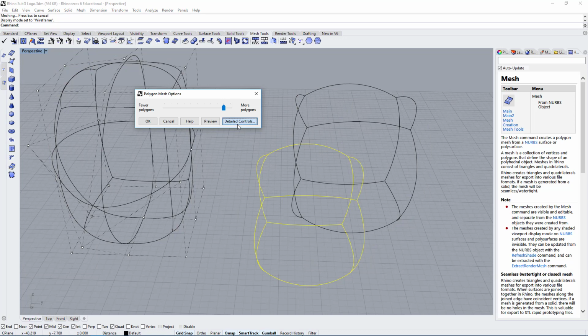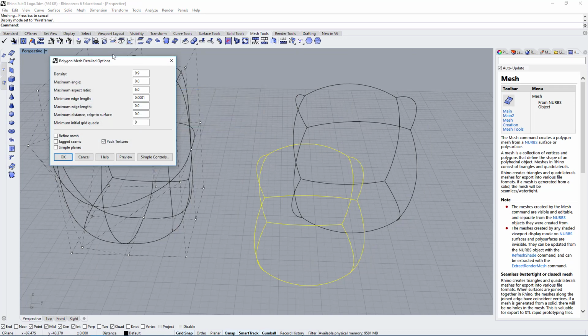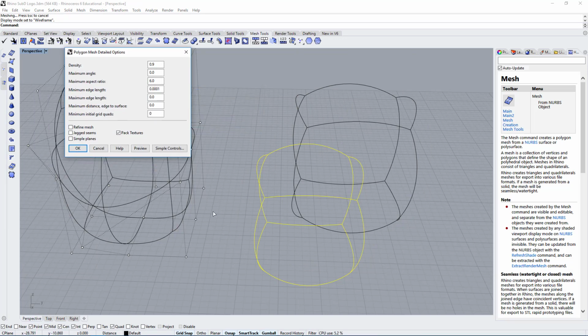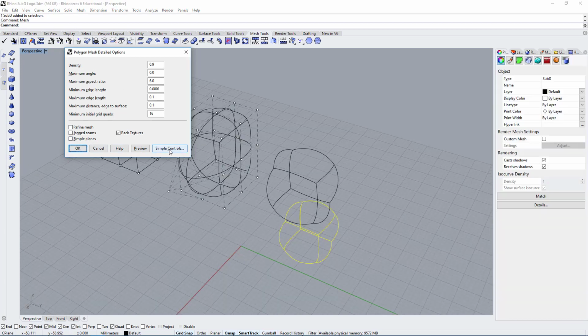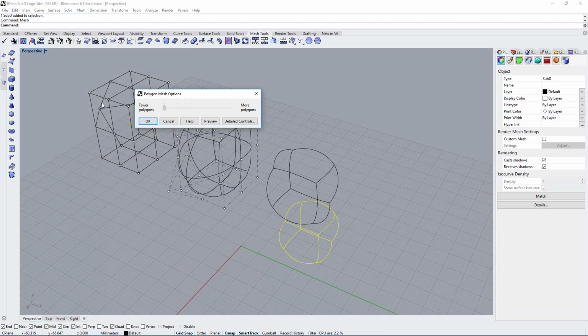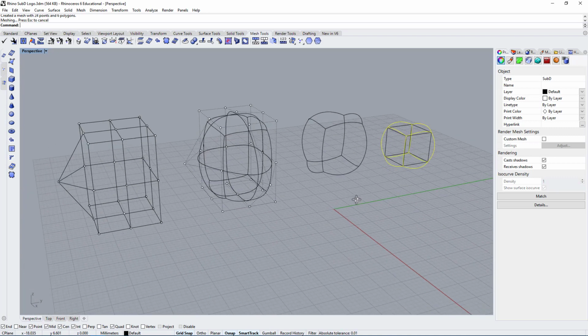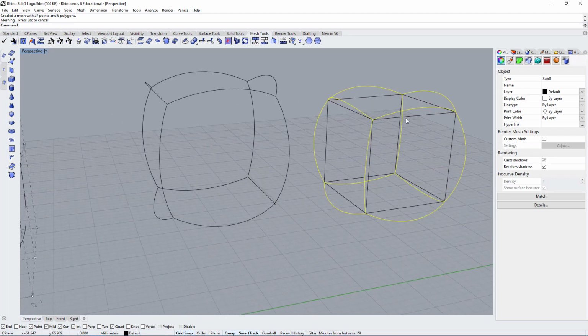And it seems like it doesn't do anything. But if you go to the controlled options, you can make it a very dense mesh. Let me show you how this would work. Maximum edge length, if you make this very small, so let's say 0.1, and preview, and it still doesn't work. Okay, so it seems like this time it worked.